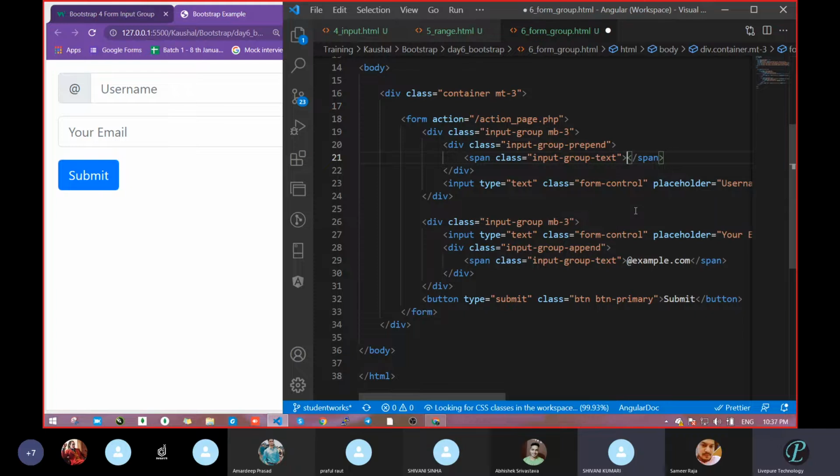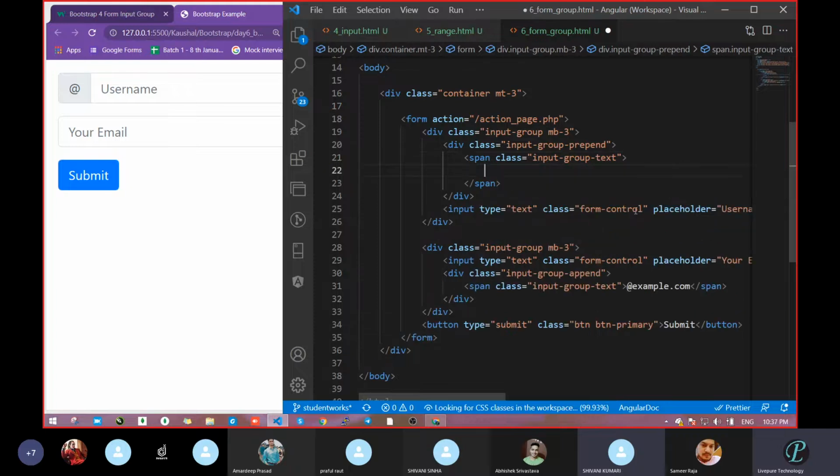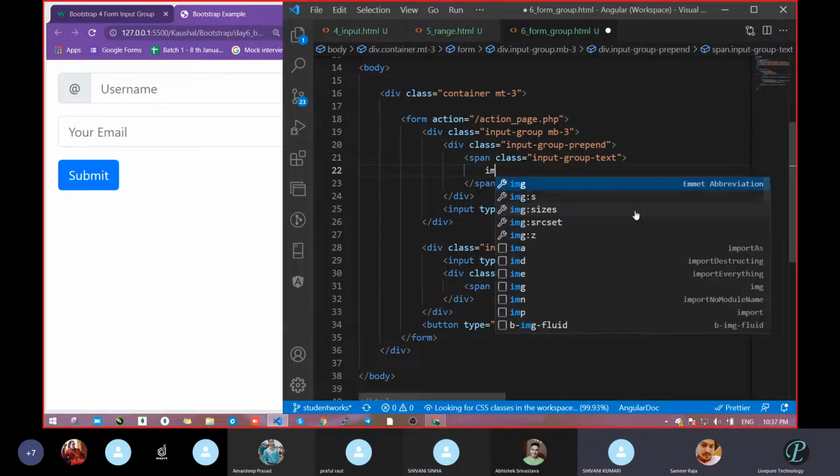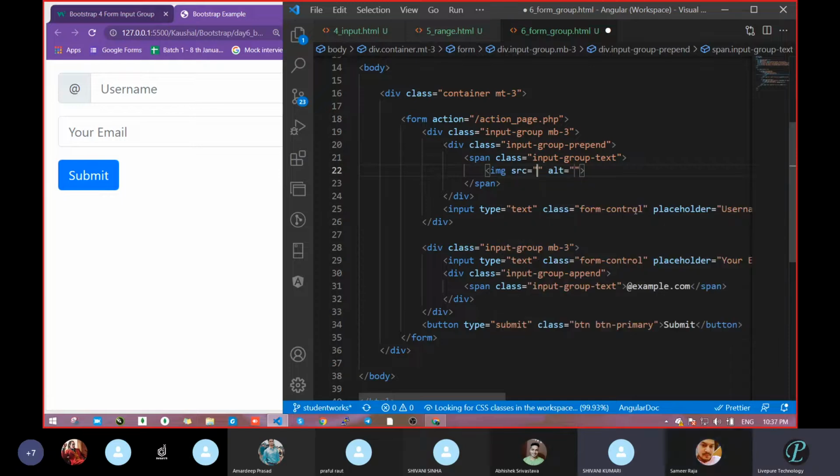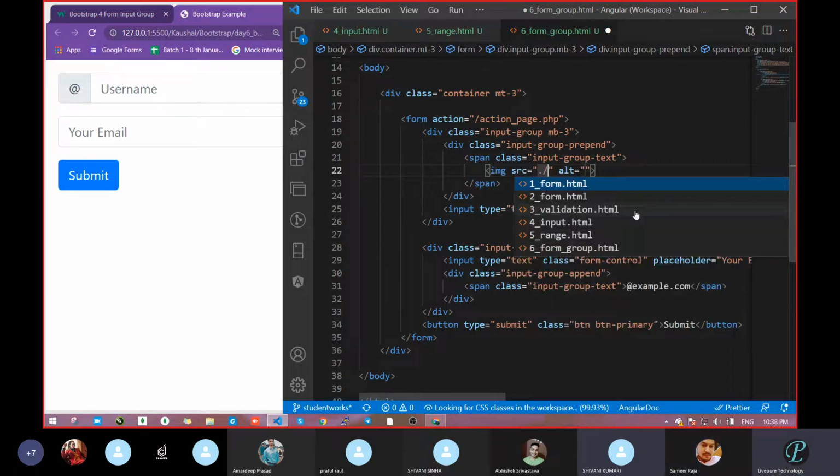I want some icon. What you can do is just take an i tag, and after i, you can take any icon, whatever you have. But now I have not done one thing. So instead of an icon, you can take an image tag. With an image tag, I have to manage the height and width, then it will again become complicated. Okay, let it be.